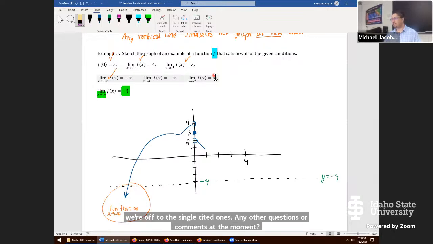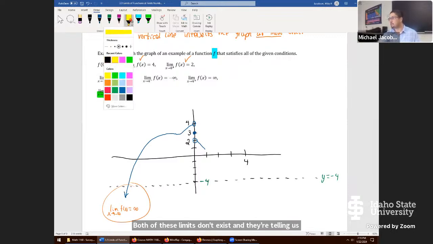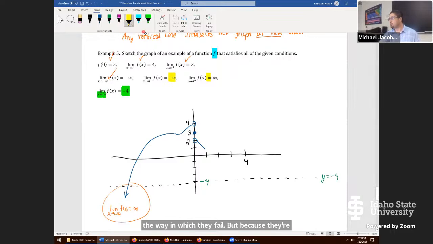Okay, let's give these a try. The thing to notice about these single-sided limits is that they output infinities. Both of these limits don't exist, and they're telling us the way in which they failed. But because they're outputting infinities here and here,